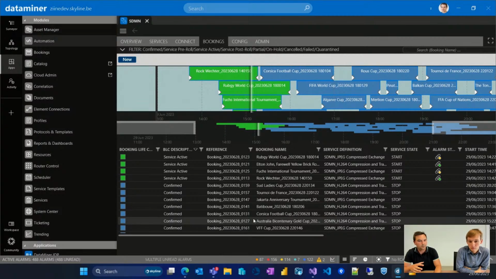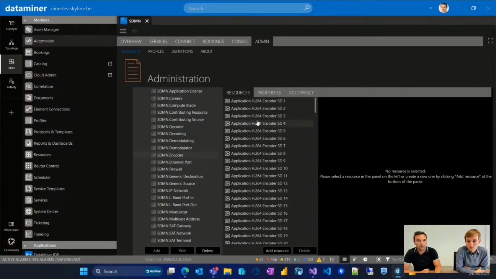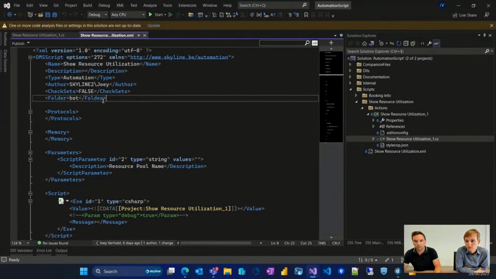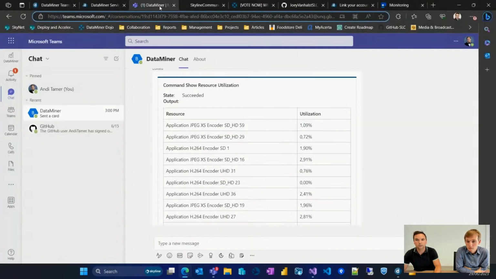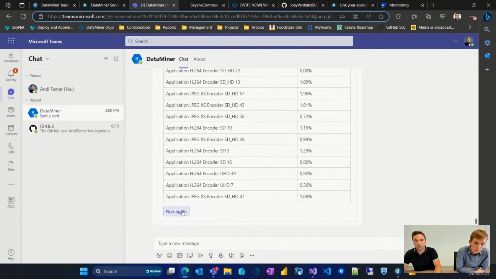Of course, it's still very limited. You can start tailoring it at input for example, if you looked at the resources here, there's certain capabilities on that. Depending on if it's HD or SD, you might only want to see those resources, but we will keep it still very simple for this case. So let's see, this was published now. So if I go back to my teams, scroll to the bottom because it's still a big list, run it again,